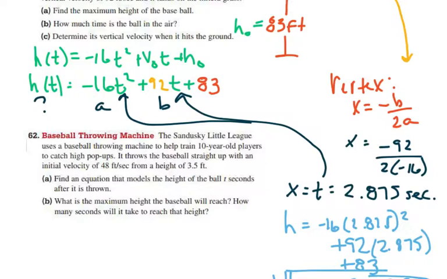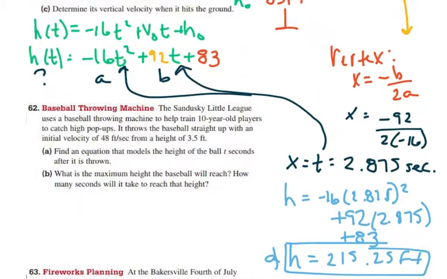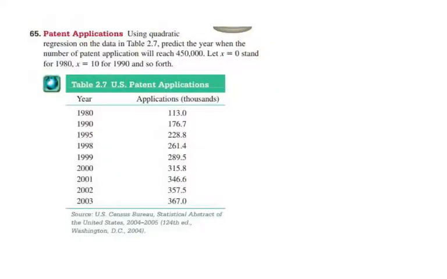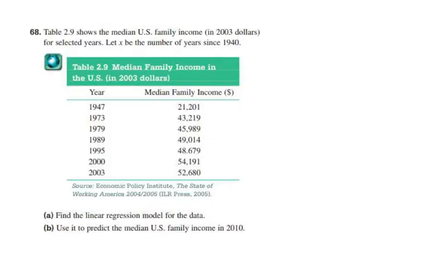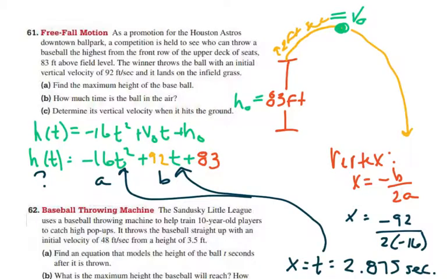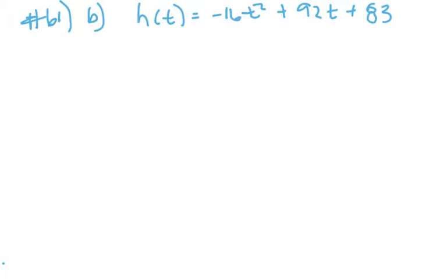Then we need to know how much time the ball is in the air. So I'm going to do that on a different sheet. This problem is number 61. So again, how much time is the ball in the air? Taking that formula and finding out when that height equals 0, because once the height is 0, the ball hits the ground. And so we solve